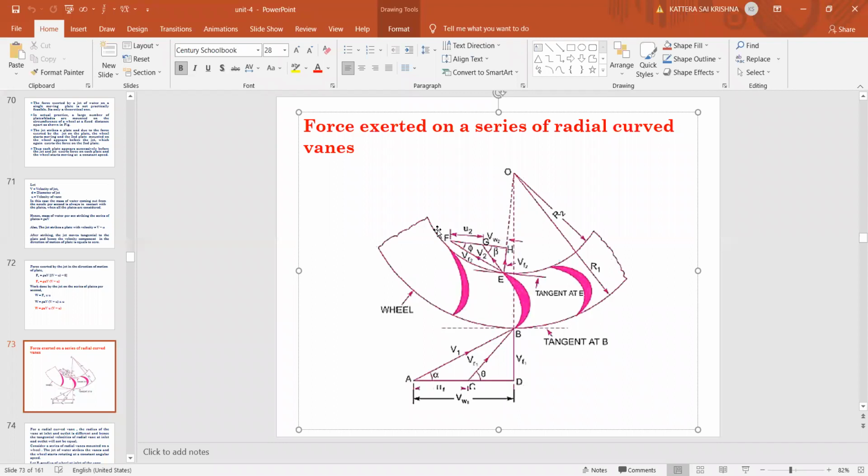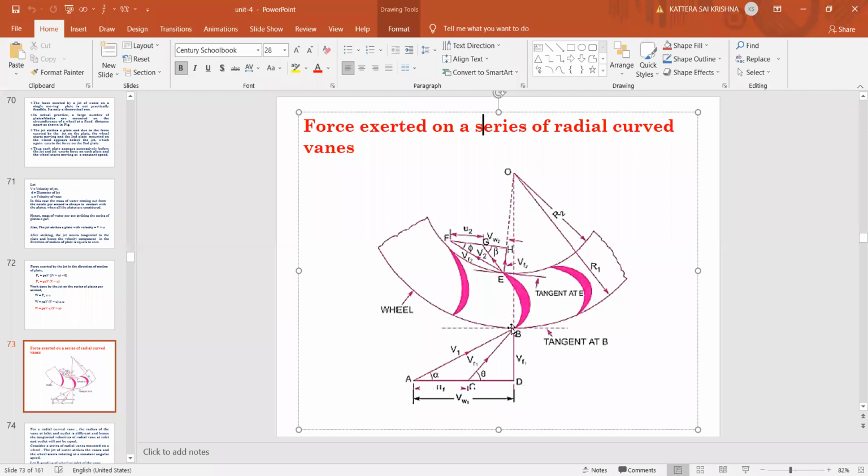Okay. So you can see the diagram. Very simple. Just a single blade, if you consider, it is already seen. We just need to extend two circular arcs from here. Then you can draw two more tangents, two more vanes or blades. So for one blade, I'm showing the velocity triangles, because automatically after this blade moves away, the second blade will come again and the same thing will come for the second blade also. So right, that is the thing.